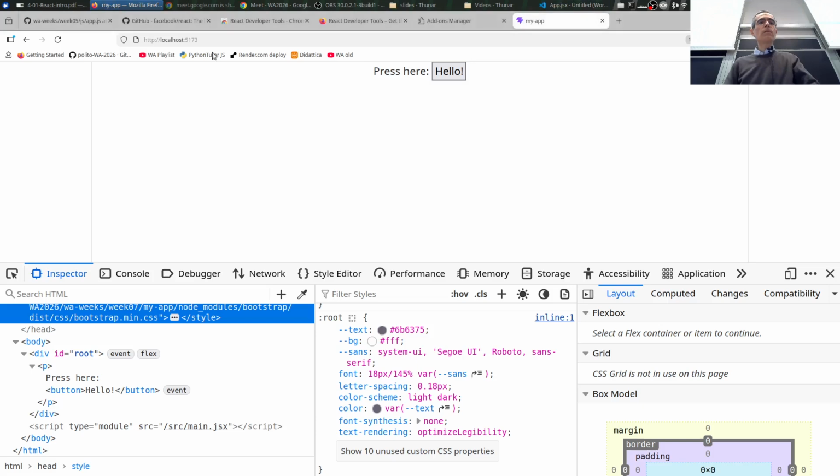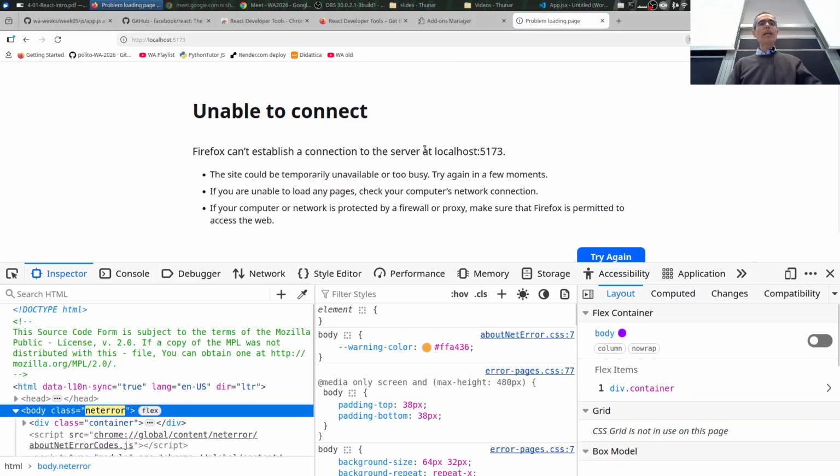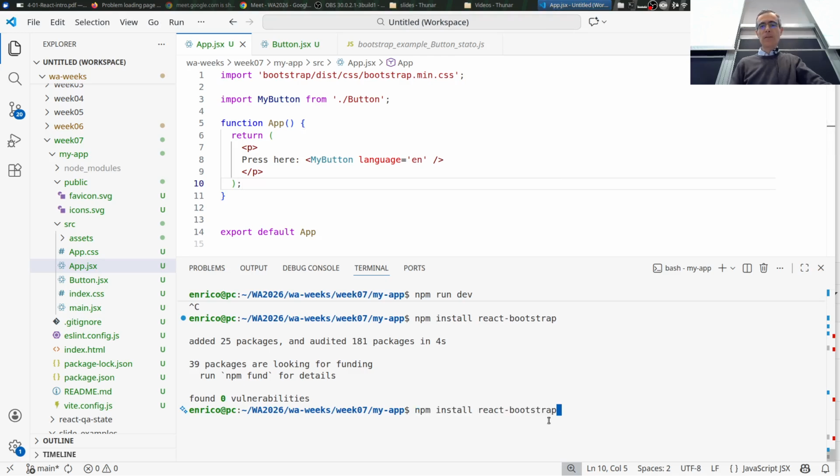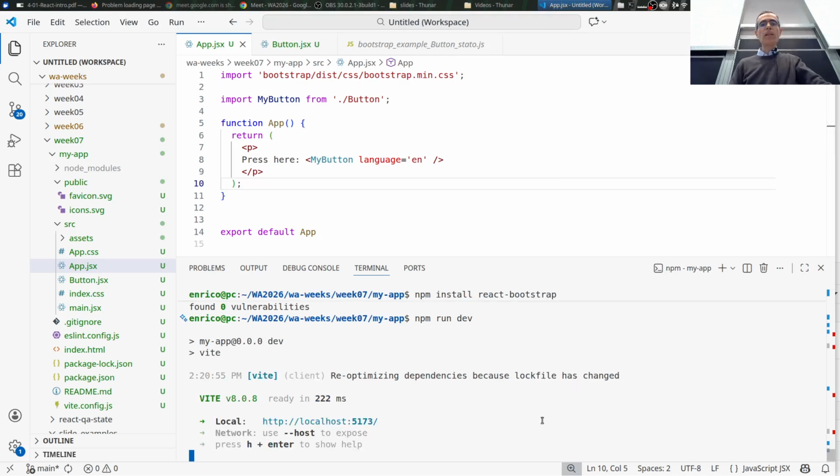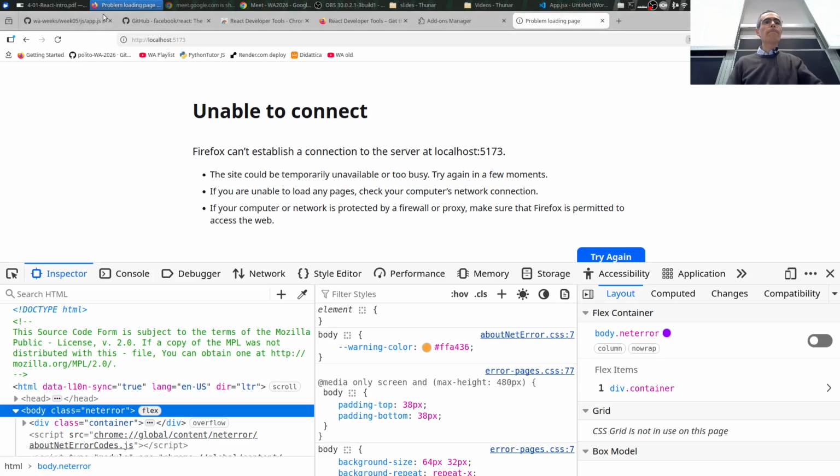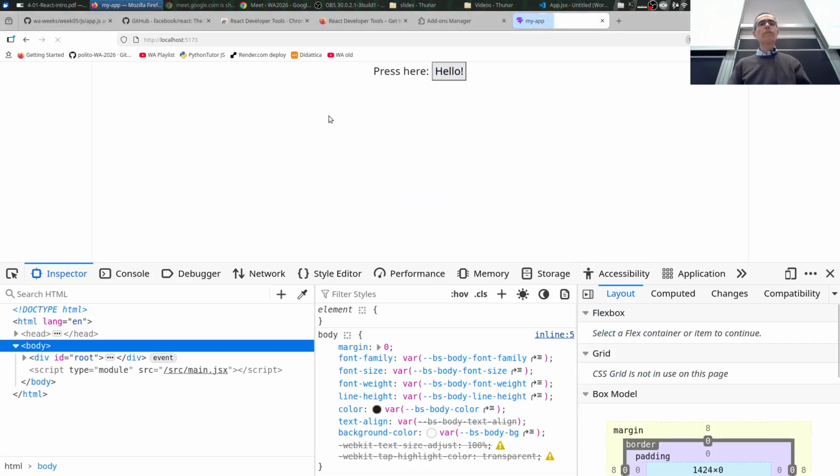So let's start again. Unable to connect. I forgot to start the server. npm run dev. Again. Hello. Ciao. Okay, ciao has the style of Bootstrap, but now it's been achieved through a component, a React